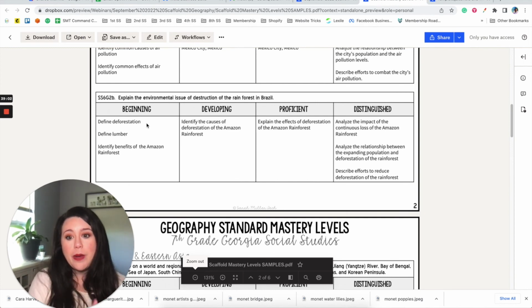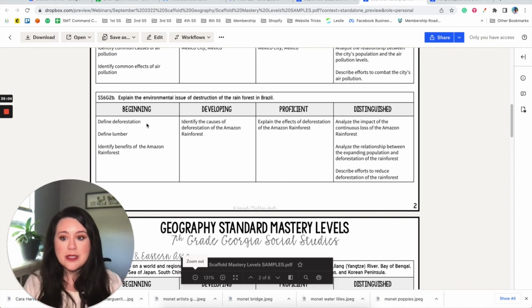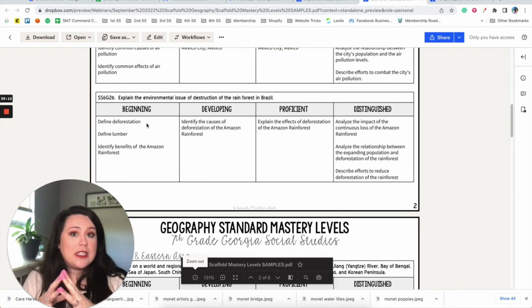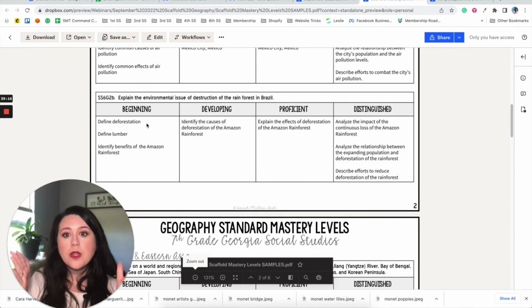So if you know ahead of time, if you have broken this down, if you know that your assessment's coming up and you're planning for next week and you're running out of time and you're stressed, if you pull out your flow of learning, this standard breakdown, this mastery level, then you might realize that, okay, well, I've got 3 days